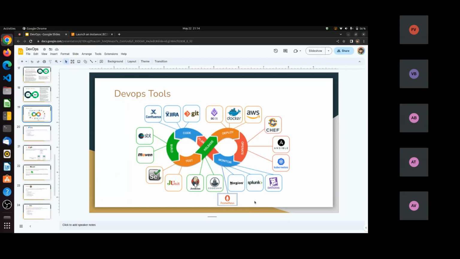For that, we can use monitoring services like Prometheus, Nagios, Splunk, Datadog, Zabbix, etc.